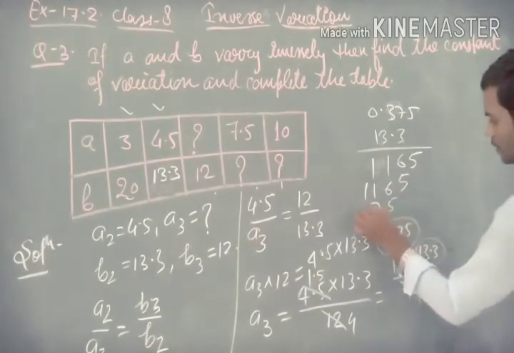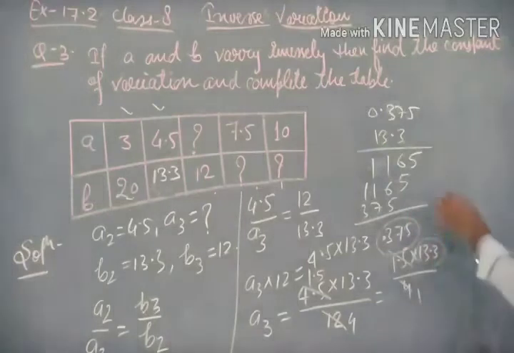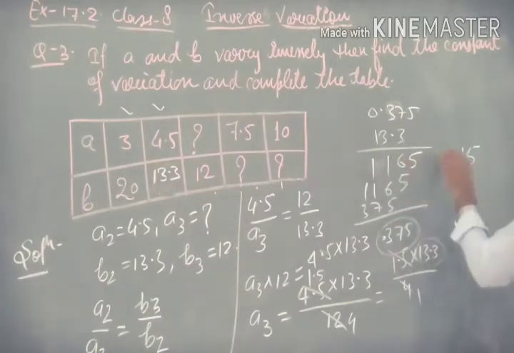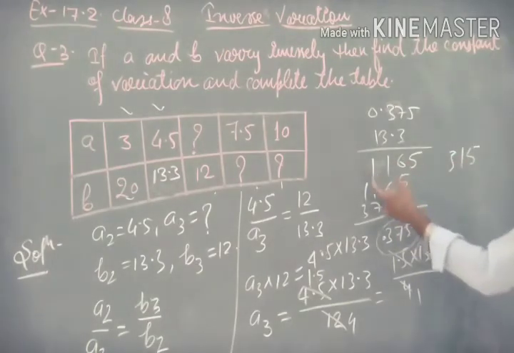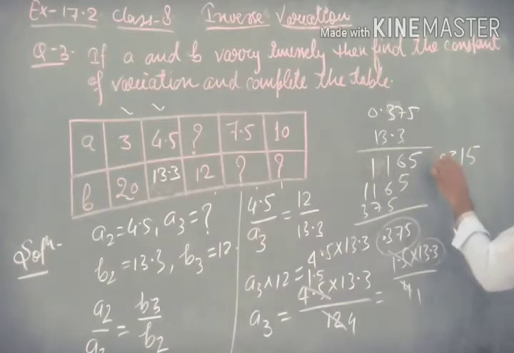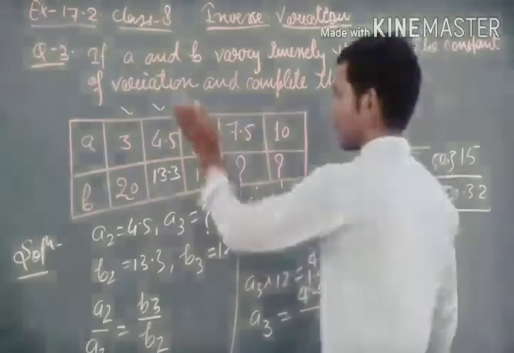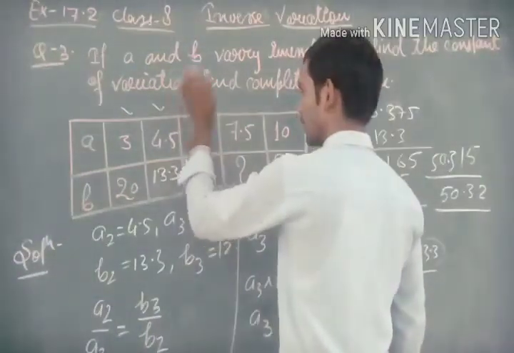5, 7, 3, and when we add, we get the result: 5, 6 plus 5 is 11, carry 1, 6, 5, 11, 12, 13, carry 1, 6 to 9, 9 and 1, 10, and this will be 5, and put the decimal here. So here we get 50.32 as the result. So the value of A3 will be